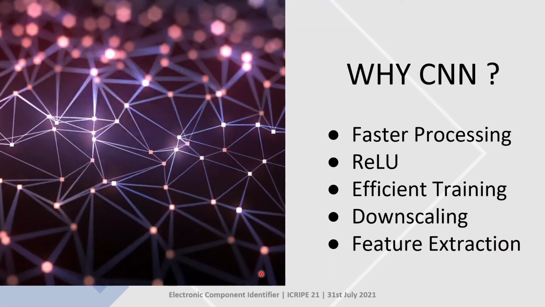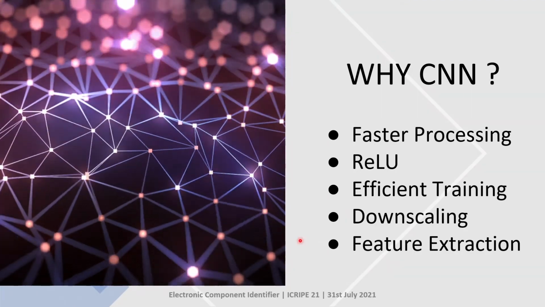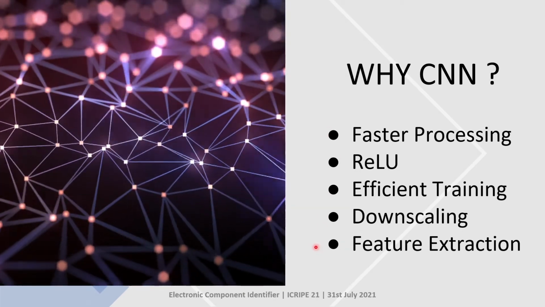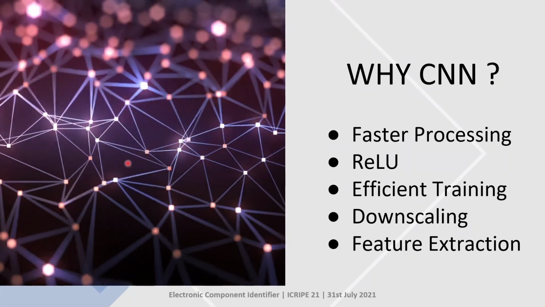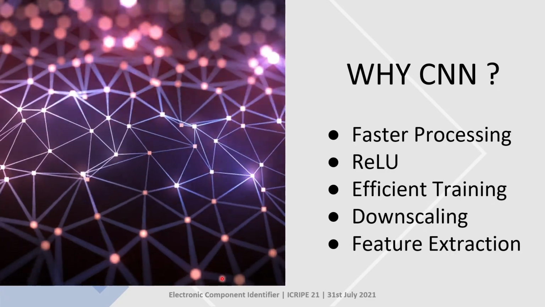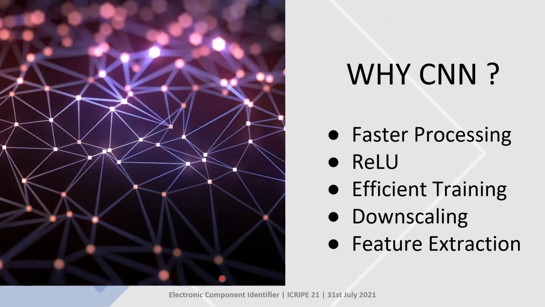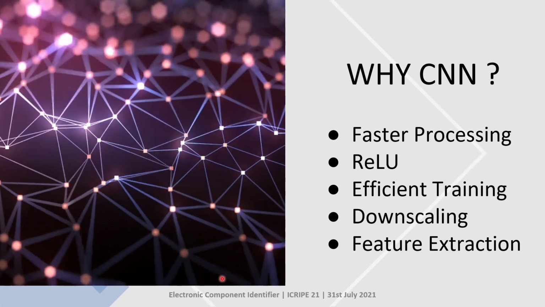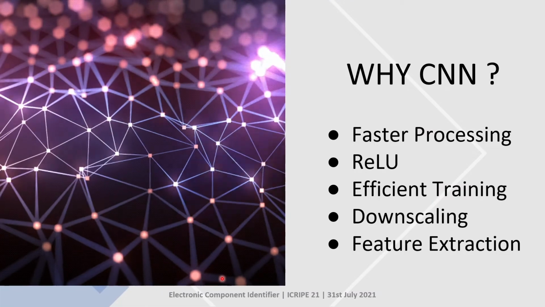If you're able to see this moving animation, this is an actual representation of the CNN which we are using. So why are we using a CNN in our case? As you can see in this animation, each neuron, for example this neuron, is connected to 5 or 6 neighboring neurons, and only the neighboring neurons, which decreases load and indirectly increases performance, as compared to other neural networks wherein every neuron is connected to every other neuron in the next layer and in the previous layer. So using a CNN gives us maximum speed and more efficiency.